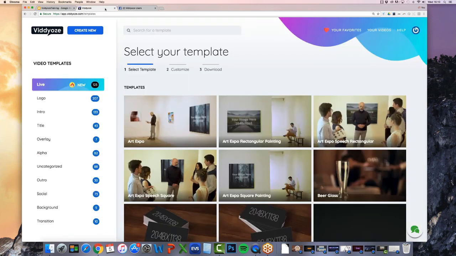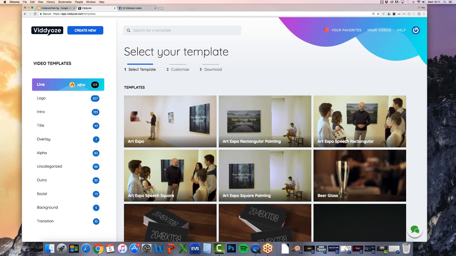So what I'm going to do now, I'm going to jump into my Viddyoze account here and just show you all of these different elements that we have within Viddyoze, go through all the different styles of animations. I'll get some examples up on screen as well, just to explain how these different styles of animations are generally used in video. So if you are brand new to video, this is going to help. If you are already a video intermediate or an advanced user of video editing software and video animation, you're probably going to know a bit about what I'm going to talk about now. You probably just use Viddyoze because you know it's a lot easier than having to create these styles of animations yourself.